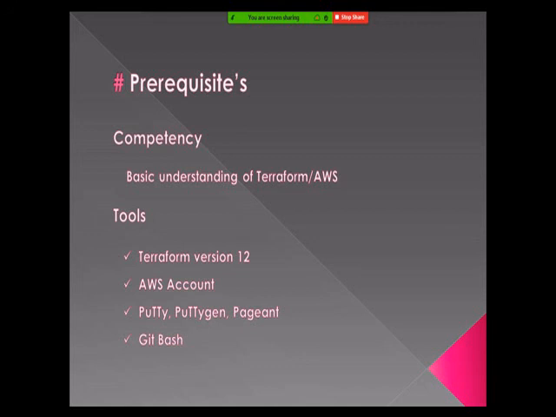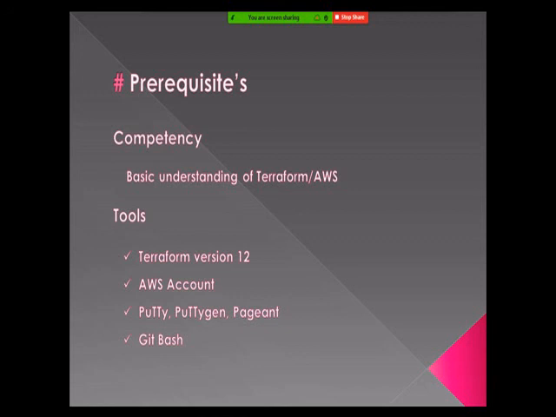The first is in terms of competency, meaning that the person should have a basic level of understanding of what AWS and Terraform do. The reason I haven't mentioned Kubernetes here is because this is just a starting point for a Kubernetes person. Once you have a cluster ready, you can go with the theoretical concepts of Kubernetes, and then start doing the practicals of those concepts with these clusters. So the bare minimum is a basic understanding of what Terraform and AWS are all about.